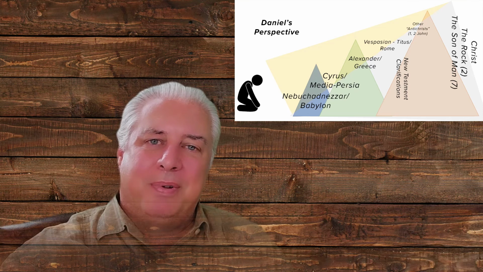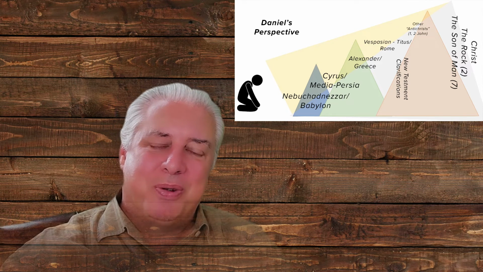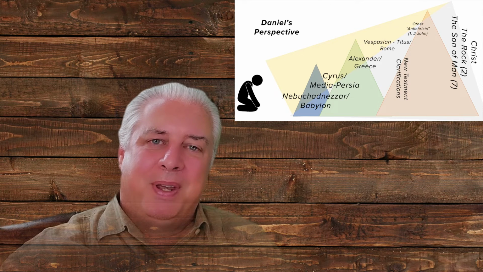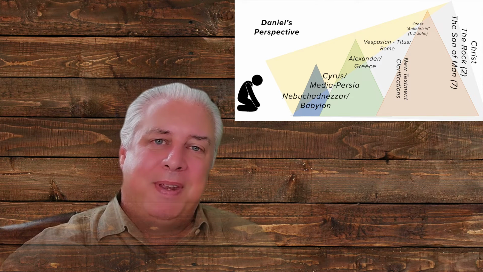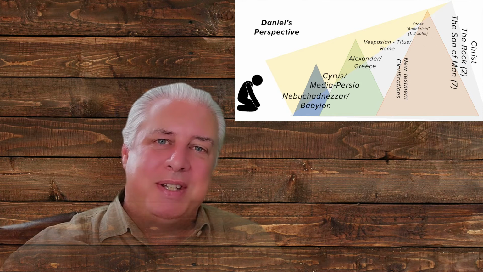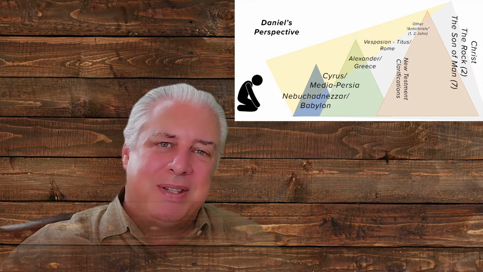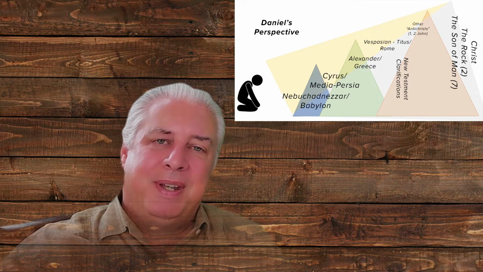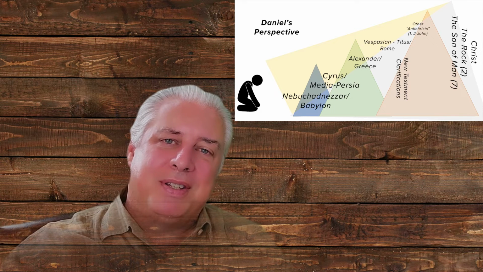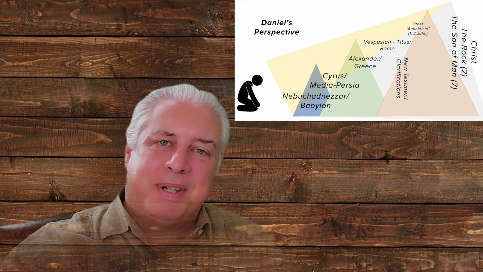So now that we've looked through all the evidence, let's draw some conclusions. What's the big picture here of these visions in this book of Daniel? You remember we started by talking about prophetic perspective, this picture of mountains where things that are closer have more detail. We can see more of them. Those peaks that are off in the distance, we can see less of their detail. And then when we turn the vision on its side, we can see something of the distance from here to there, the ups and downs of history.